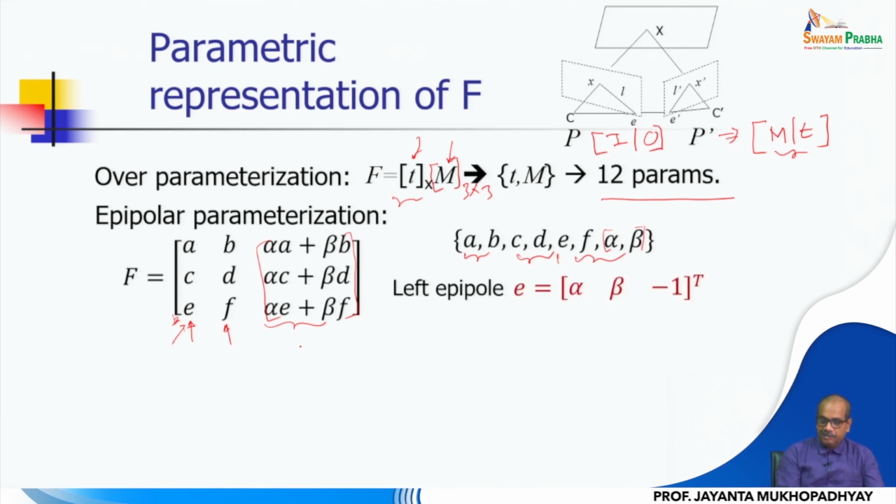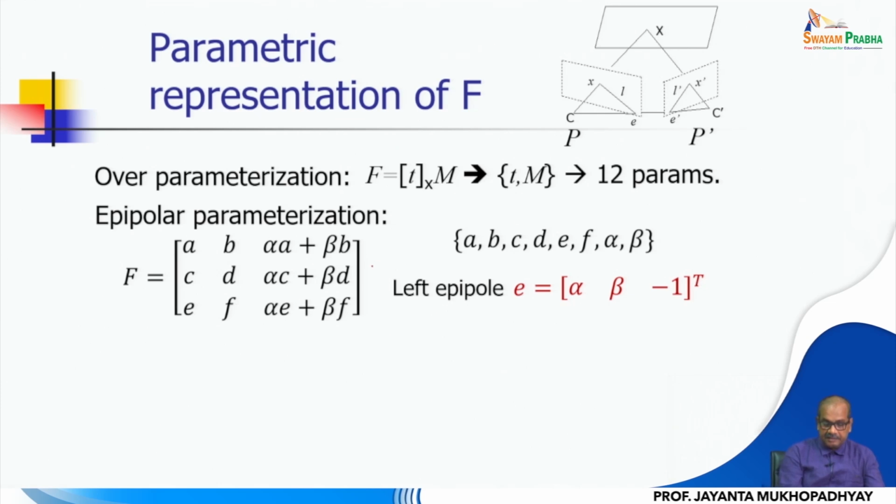beta minus 1, which means e. That means if I multiply F into alpha beta minus 1, then I will get 0. You can try this one. Let me clean these things further and say we are performing this operation, F into alpha beta minus 1. So what we are doing is alpha into, as you know, these coefficients A, C, E plus beta into B, D, F